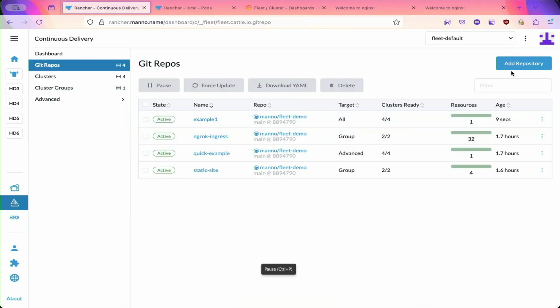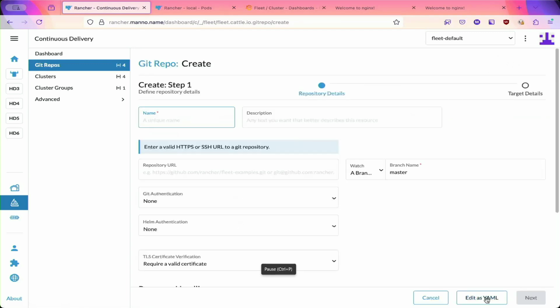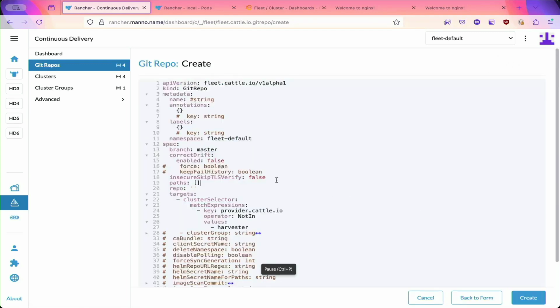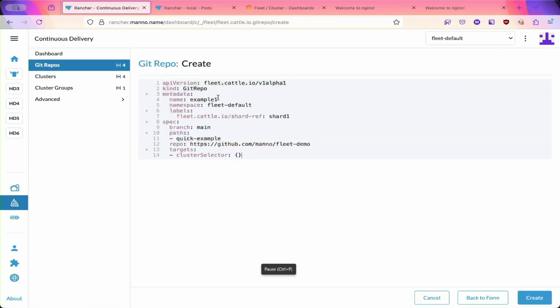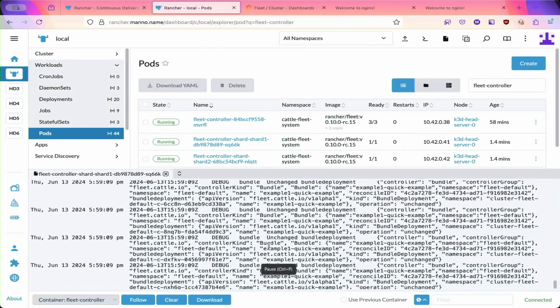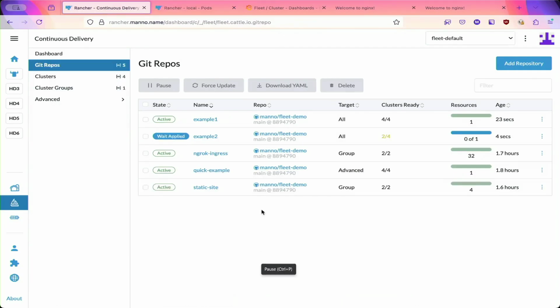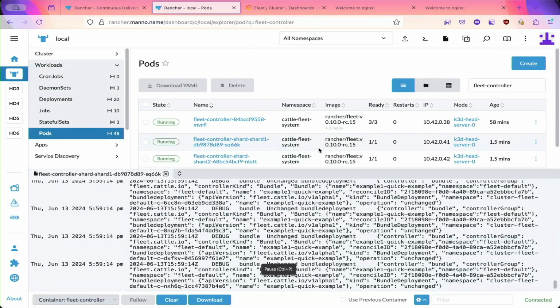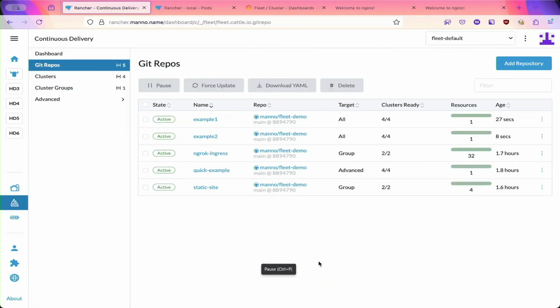So now, it's currently deploying example 1, right? When I add a second one, I can just call it example 2. I tell it to deploy on shard 2. It's deploying on shard 2, and you can see that shard 1 doesn't do any work, while if you look at the logs for shard 2, you would see that it's now working on the deployment, and that worked too, right? So this is one way to scale